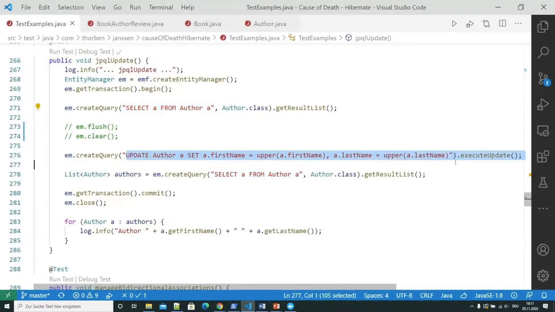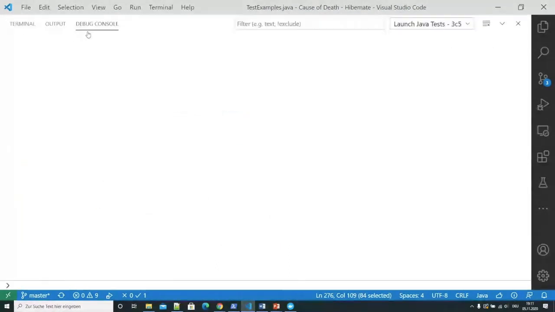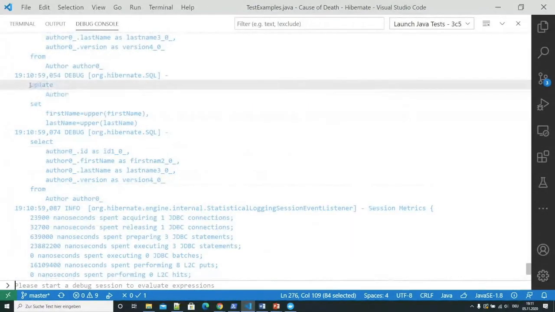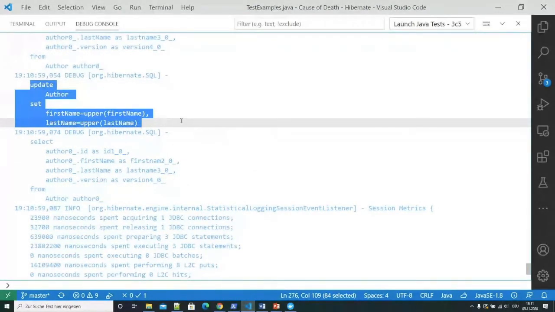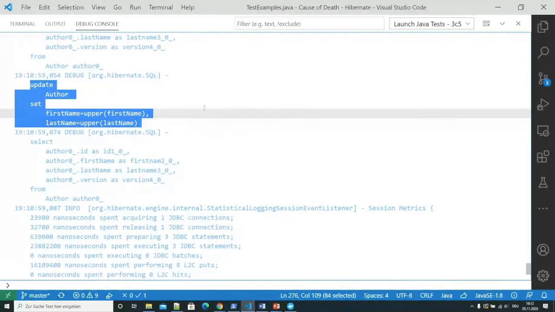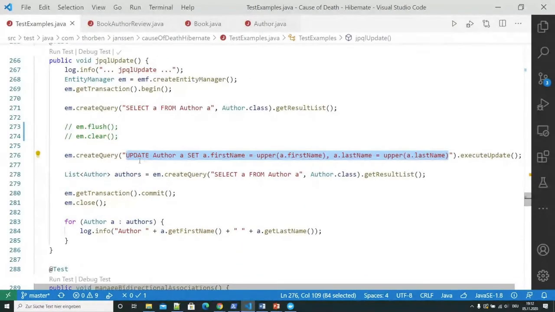You can take this approach with the JPQL update statement to avoid that. Hibernate generates, and you can see that here, an SQL update statement similar to the one that we would write ourselves. But that one has a few pitfalls. This statement here is just sent to the database. It doesn't affect our first level cache.